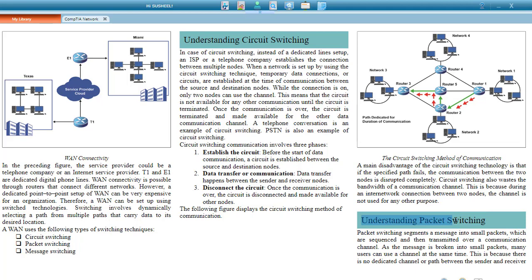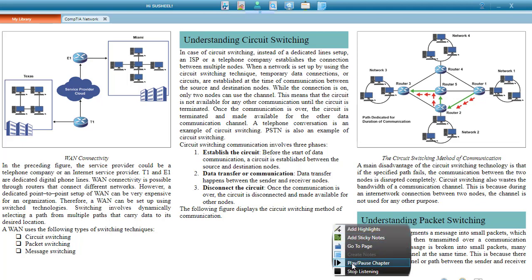While the connection is on, only two nodes can use the channel. This means that the circuit is not available for any other communication until the circuit is terminated. Once the communication is over, the circuit is terminated and made available for the other data communication channel. A telephone